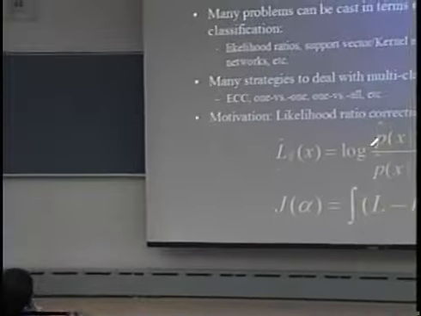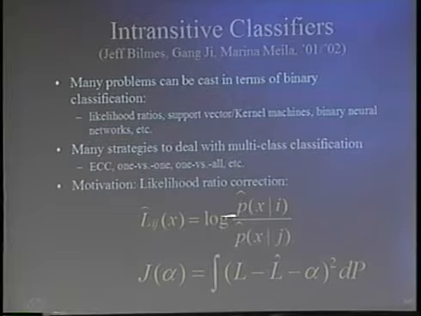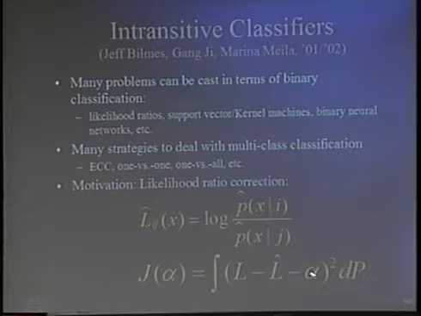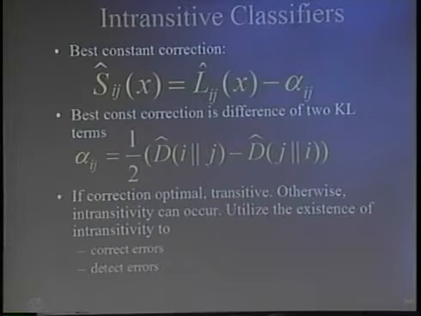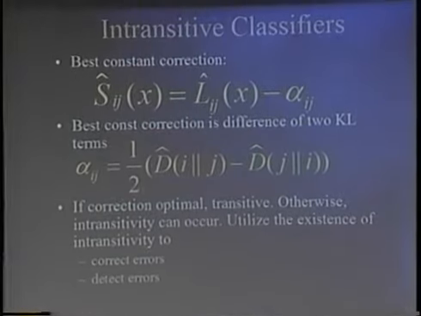We were working with likelihood ratios. So we have this likelihood ratio, which is an estimate of the true likelihood ratio. And then we had a criterion function which says, okay, how do we find the best constant correction of this estimated likelihood with the true likelihood? So basically, we want to try to find alpha, which best corrects the difference between the estimated and the true, weighted over the training set. And we found that the best constant correction turns out, after a couple of assumptions are made, to be equal to the difference between two estimated Kullback-Leibler divergence terms. And